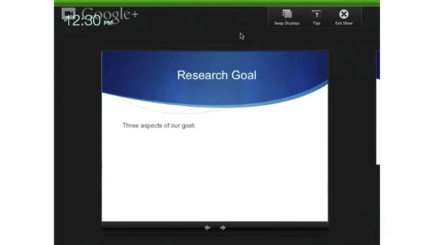Okay, I'll move to my research goal. As my problem indicated earlier, it has three aspects; similarly, I have three aspects of my goal. The first one is to make our knowledge representation more dynamic. We can make it dynamic by formalizing some aspects of the process of change and trying to automate the process, at least partially, as much as we can.